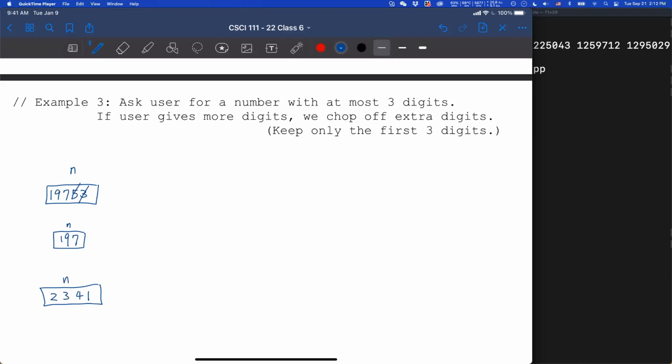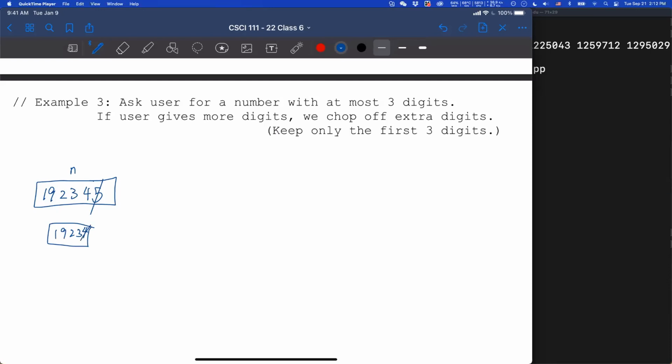Let me erase that. So let's say we have this number. This is a 6-digit number, and we know it's too big, so we will get rid of the last digit. Now, when we get rid of the last digit, it's still too big.